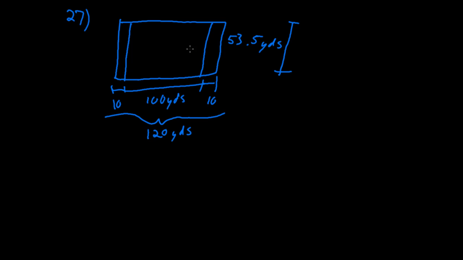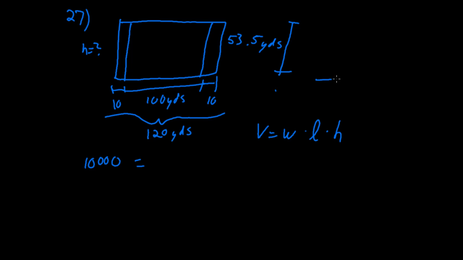And if you could imagine the height of that snow being piled on top of this field coming out of the computer screen towards you, what would that height be? What would that h be? It's sort of hard to draw it in a two-dimensional plane, but okay, so you have 10,000 cubic yards total of snow to place on this football field, and we know the volume of a rectangular prism is equal to the width times the length times the height, because we're basically trying to find the height of this volume,